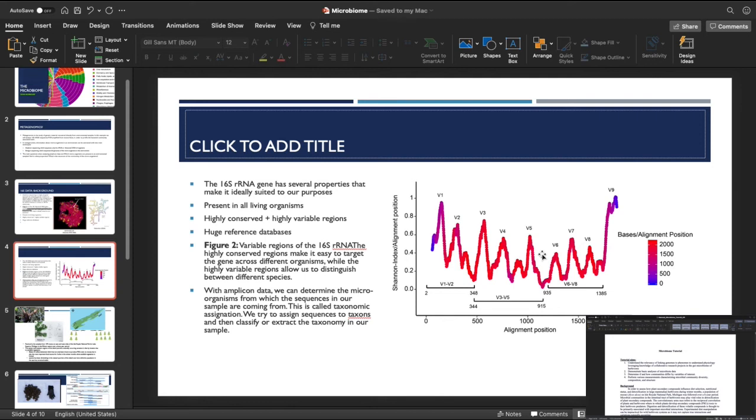But with amplicon data, we're mostly just looking at where the sequences are coming from, so that we can do what's called taxonomic assigning. Taxonomic assigning is when we classify the bacteria based on their RNA sequences. That's limited in the microbiome because